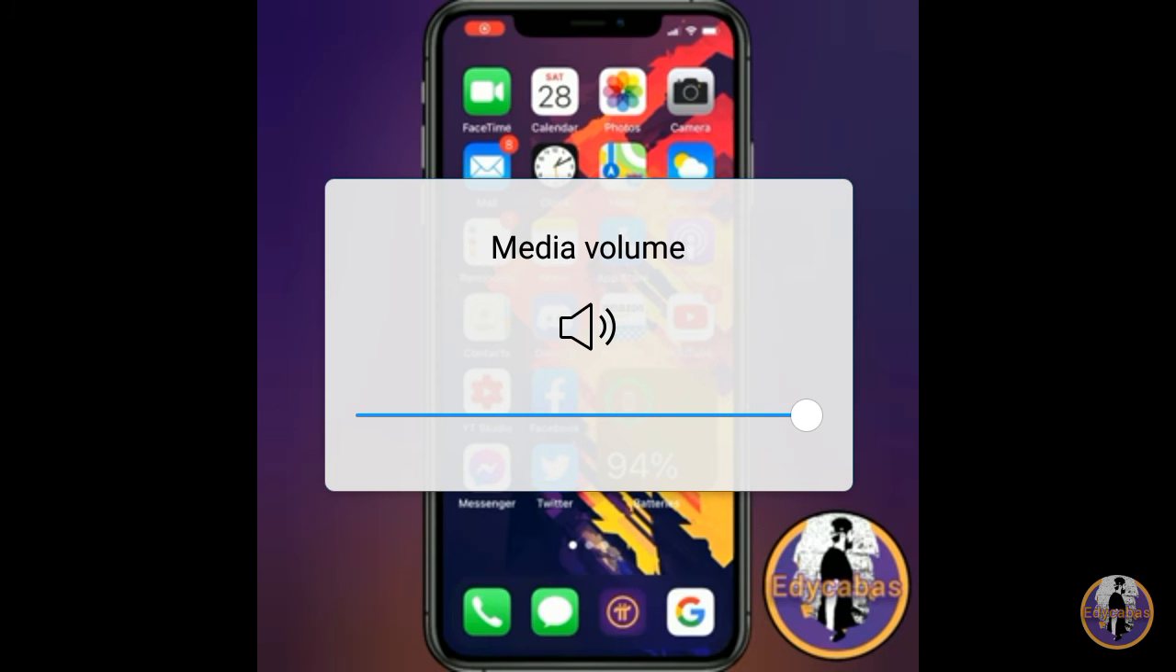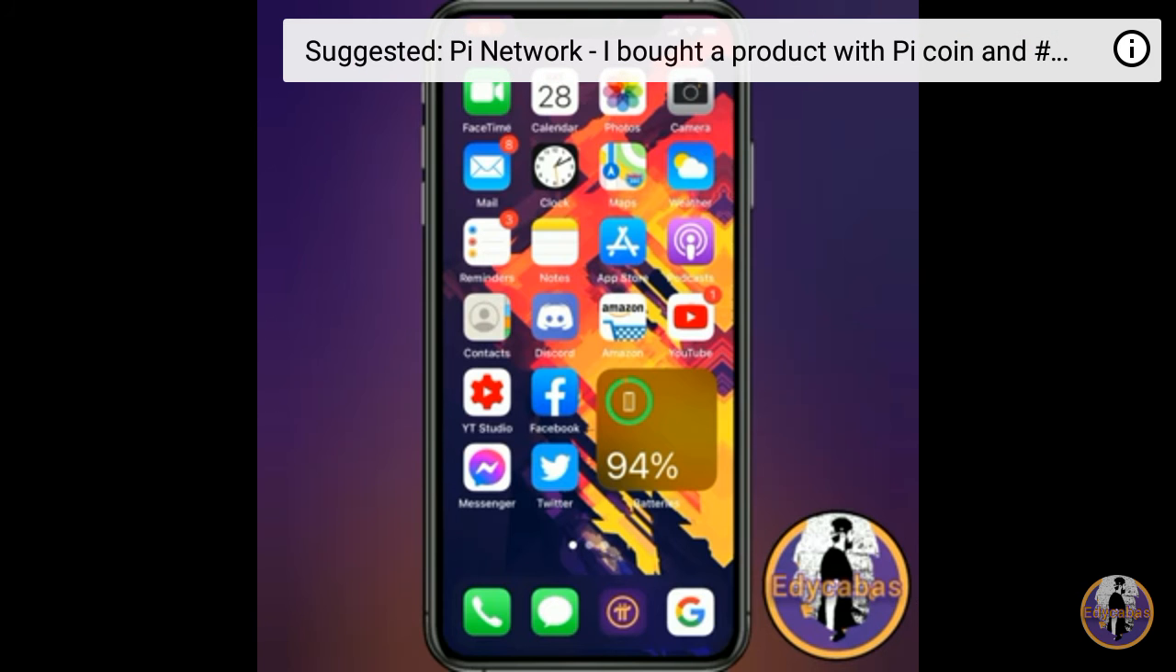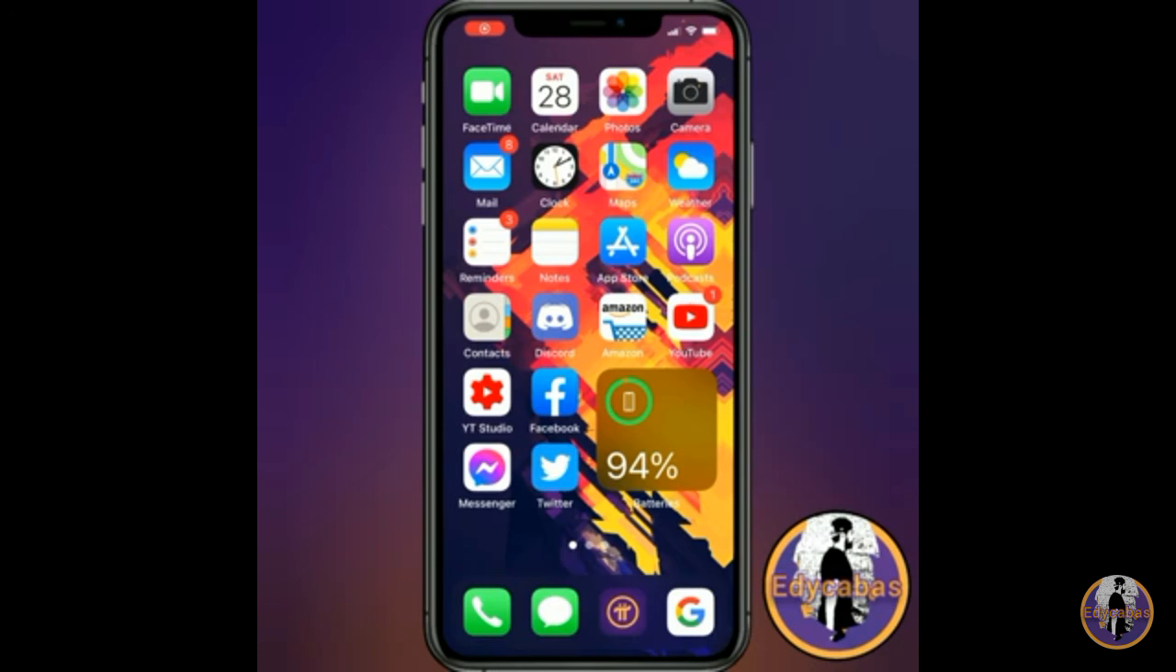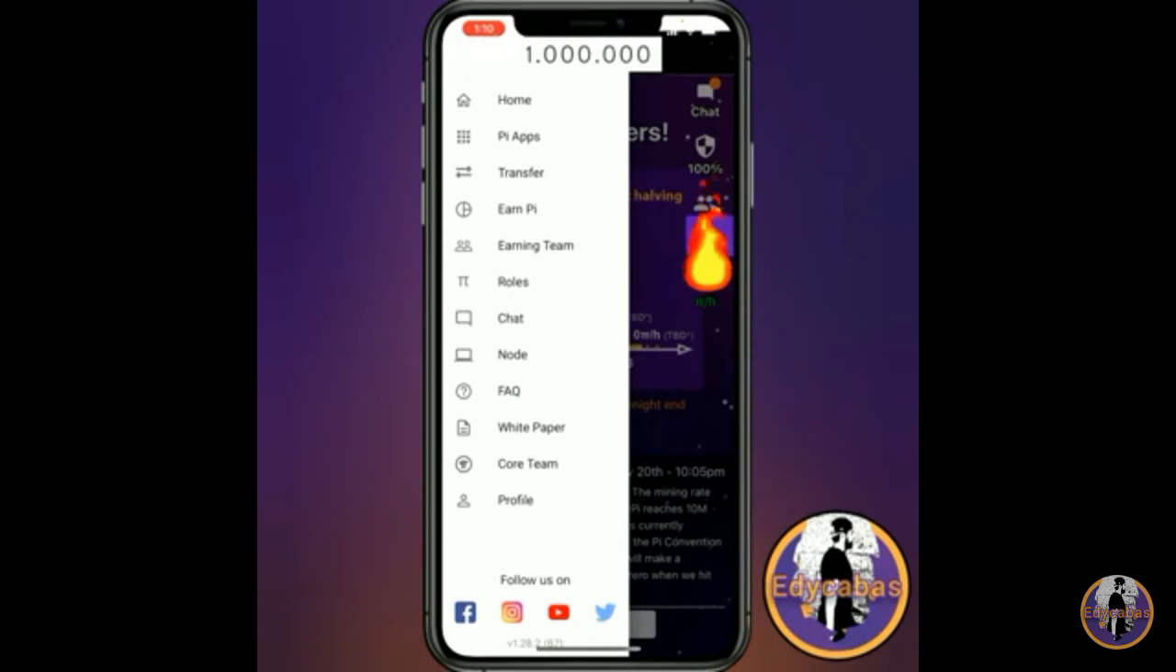Many pioneers always ask me, how come I got the transfer section in my Pi app and they don't have it? And it's the simplest thing to do. I'll show you how to do it so that way you can get 0.001 Pi reward every day just by doing this. Once you're in the Pi app, all you have to do is go to settings on the top left corner. After that, you press Pi apps,